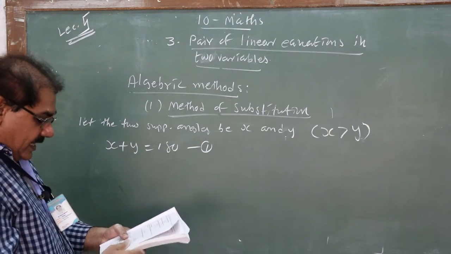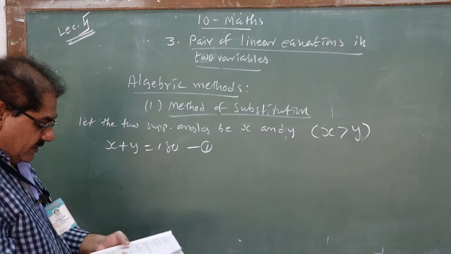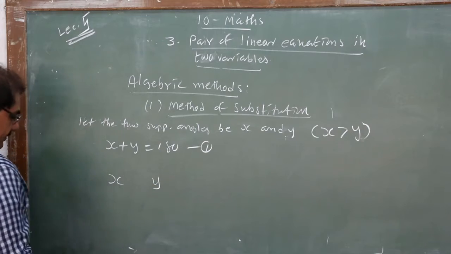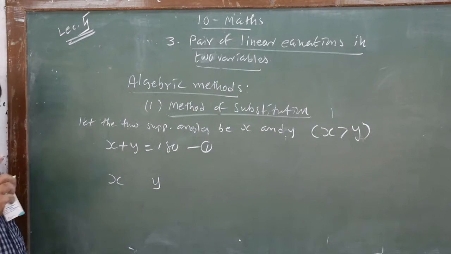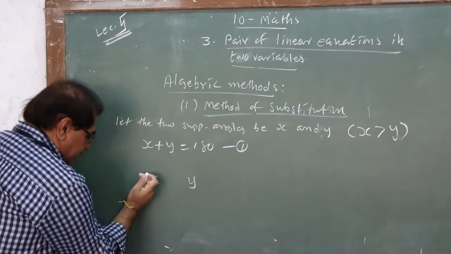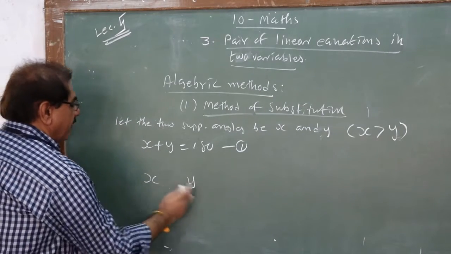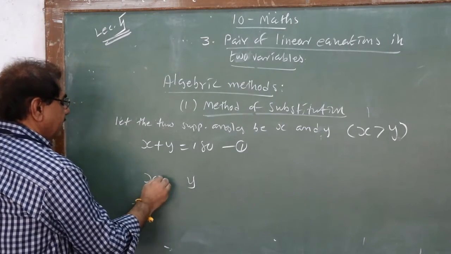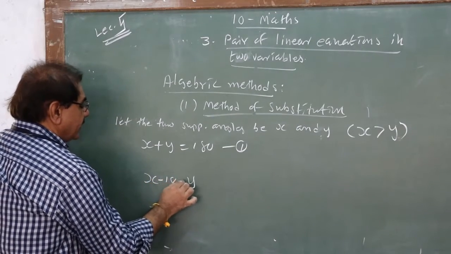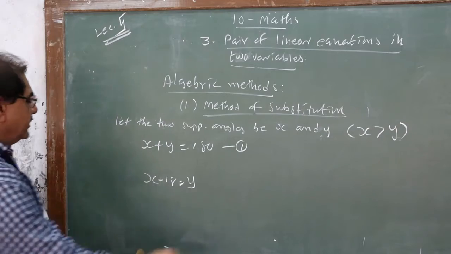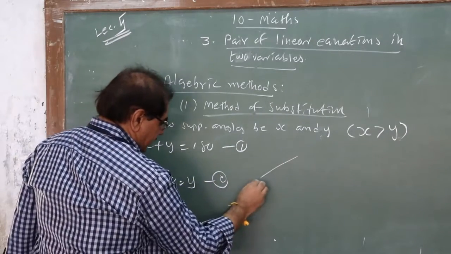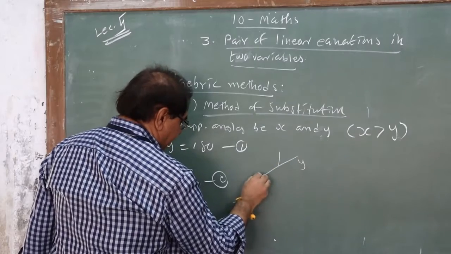Now the larger exceeds the smaller by 18. It is larger, it is smaller. This larger, it is how much more? 18 more. So as it is 18 more, at present it is heavy, it is light. I want to make them on the equal level. So from the larger, I subtract 18, it will be equal to the smaller one. So it is equation number 2. Understood this? Two numbers were there. One is x, second is y.